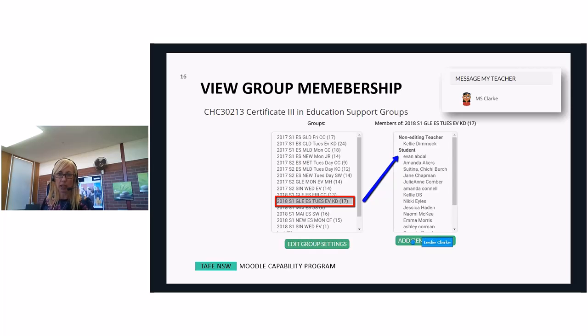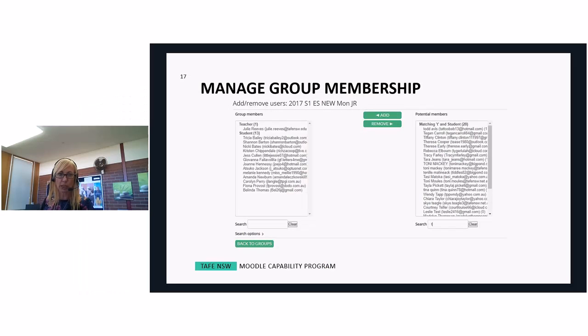You then click on Add Remove Users, and it will take them to this screen. So we're looking at the membership for this particular group, which is the Education Support at Newcastle on Monday with JR,